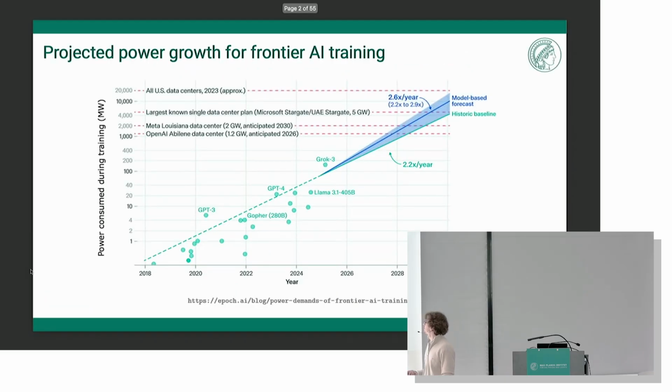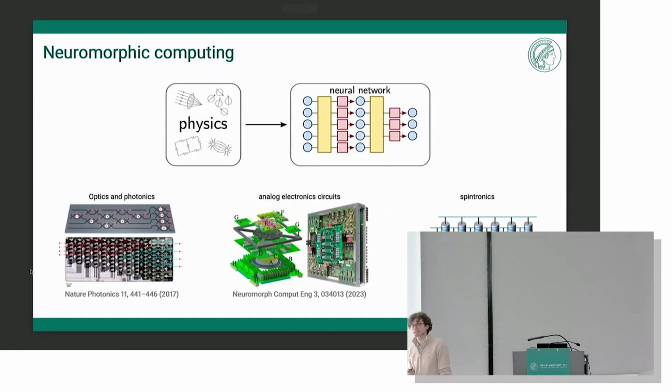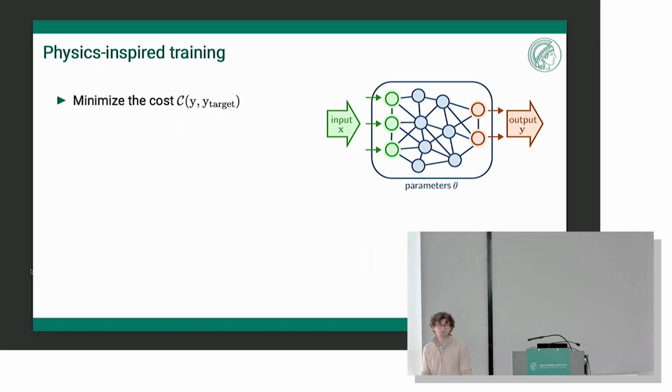So I will skip the introduction, basically, because everyone here knows that AI is getting more and more energy expensive. But on the other hand, our brains work with 20 watts, so in principle you can do better, and people are trying to somehow change the hardware on which you run these machine learning algorithms. Of course, there are many different research directions in this area. What's particularly interesting for us is how would you change the way you optimize machine learning algorithms when your system is actually a physical system.